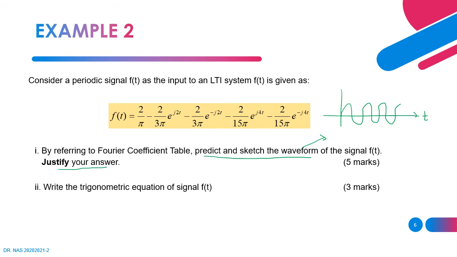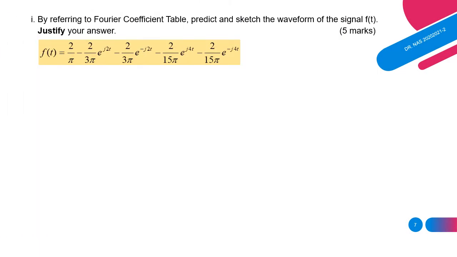Secondly, you need to write the trigonometric equation of signal f(t). The equation given is in exponential form, so you need to convert the equation into trigonometric form. Okay, let's look at how to solve the first question. By referring to the Fourier coefficients table, you need to predict and sketch the waveform. Okay, so let's look at the table,